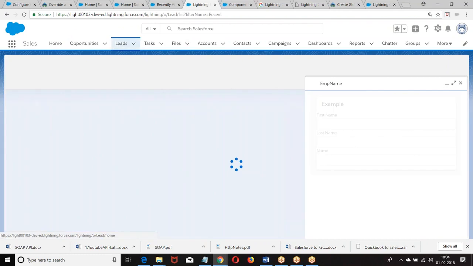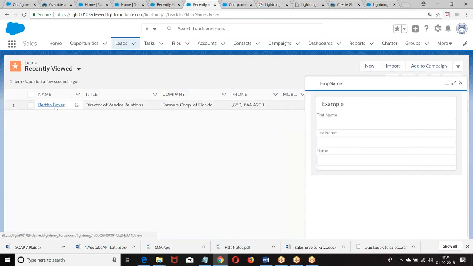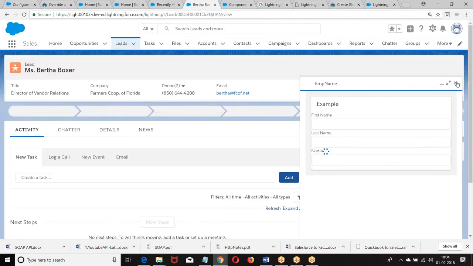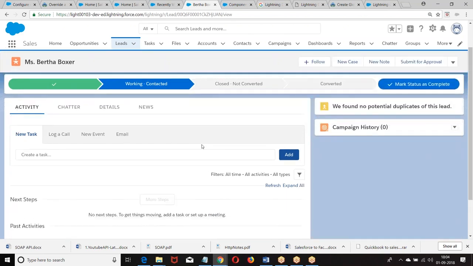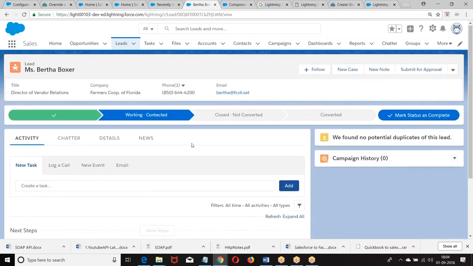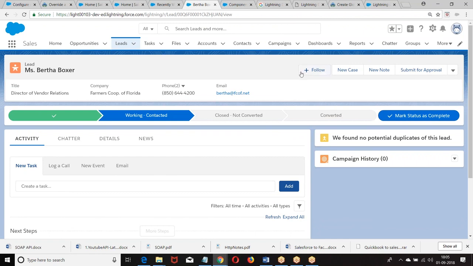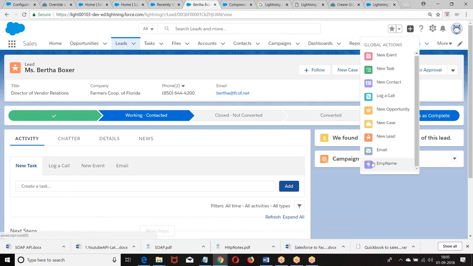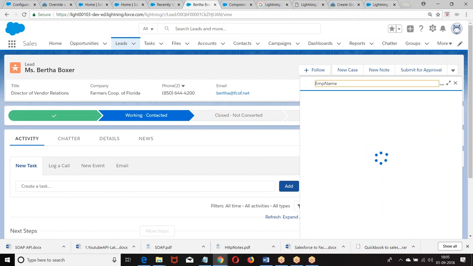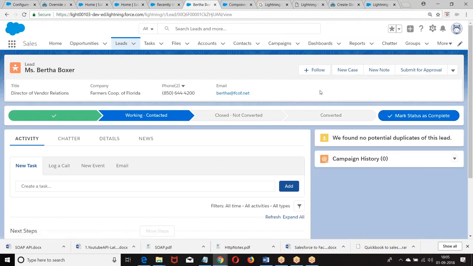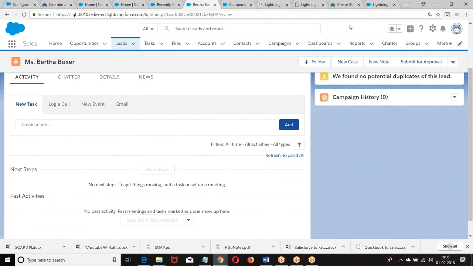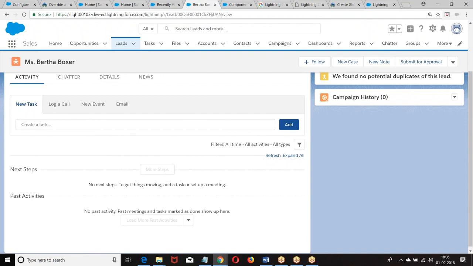But what we can do, go to the lead, go to the record. So where are those global actions here? Fine, it's not getting applied here. So look, not an issue. We'll come back here. So what we have done in this case now, created a quick action. Now I hope you followed what is the difference between an object specific action and a global action. Okay, let me have a quick theoretical information here.